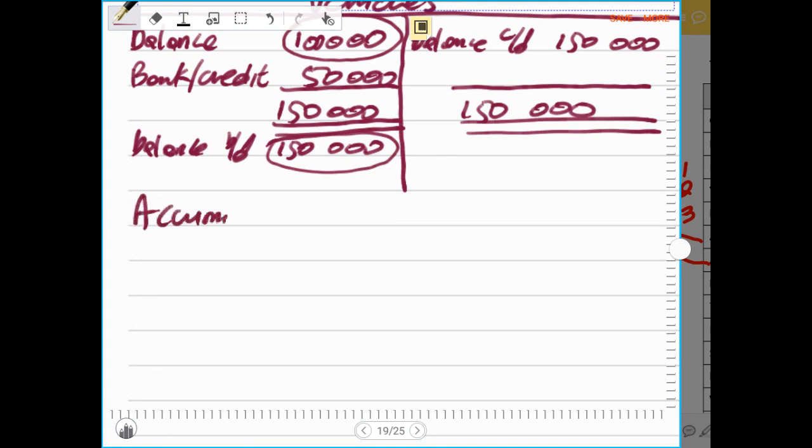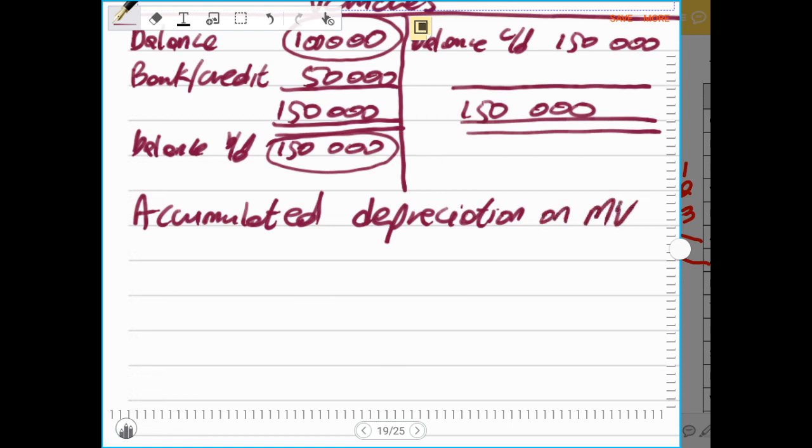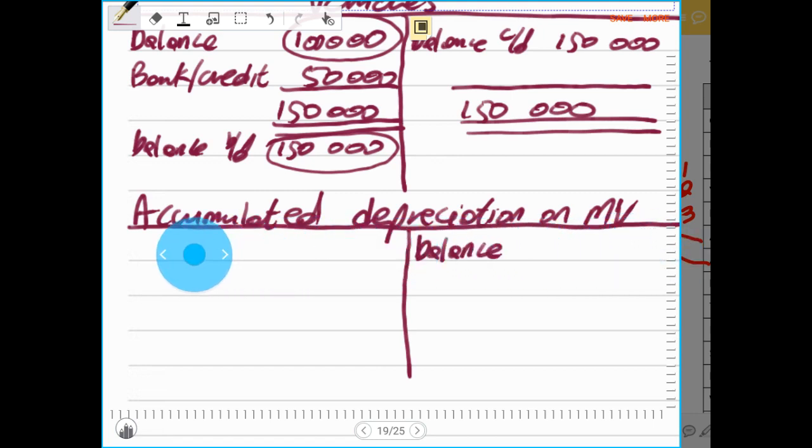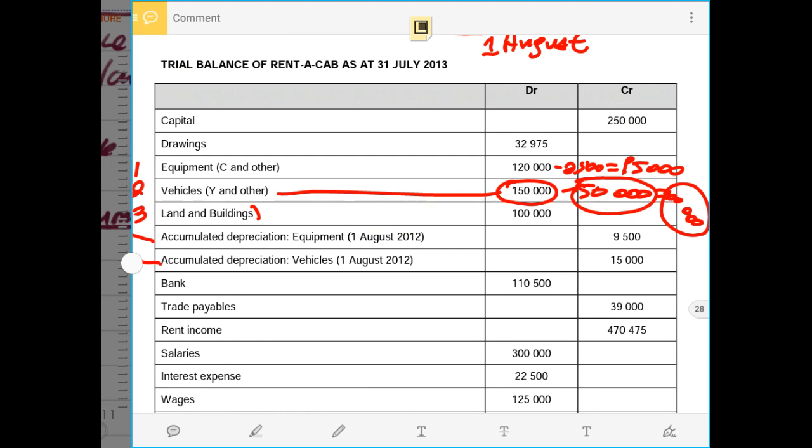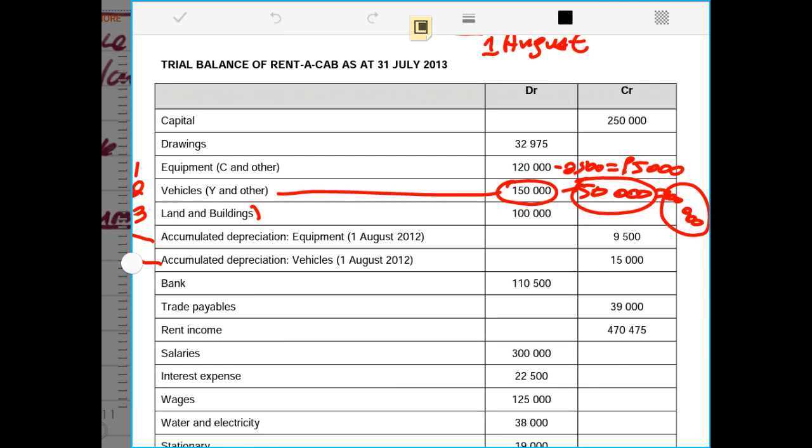So now we write that as accumulated depreciation for our motor vehicles. And remember, this ledger account always has an opening balance on the credit side. MV is just a shortcut for motor vehicles. This ledger account always has an opening balance on the credit side. That does not change. And our accumulated depreciation has an opening balance on the credit side, and the one for vehicles is given to be